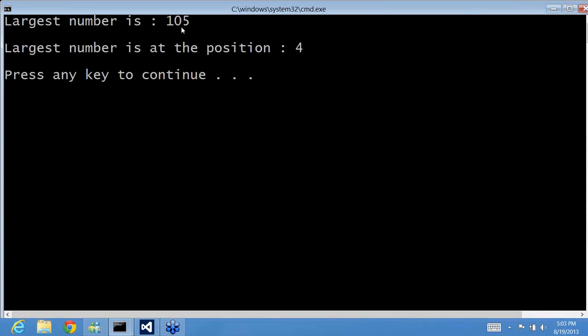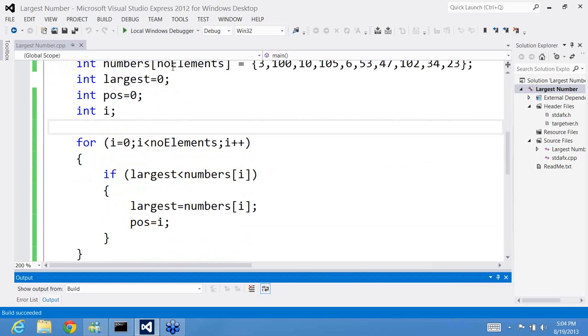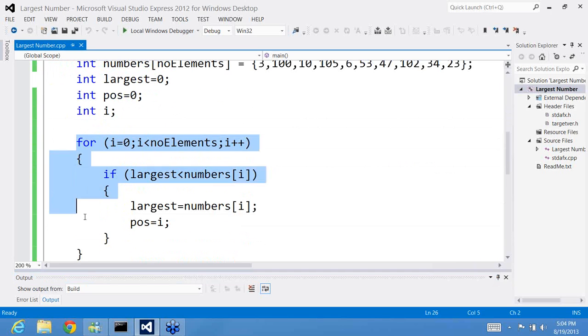And you can see the largest number is 105 and the position of the largest number is 4. So you can see we could do it with just 4 lines of code. We could find the largest number in the list of numbers, and though it's a very simple program,